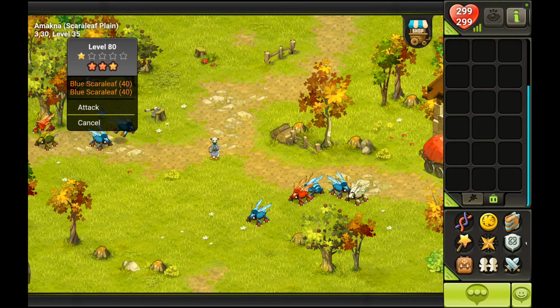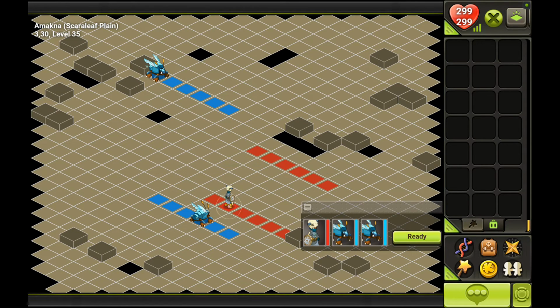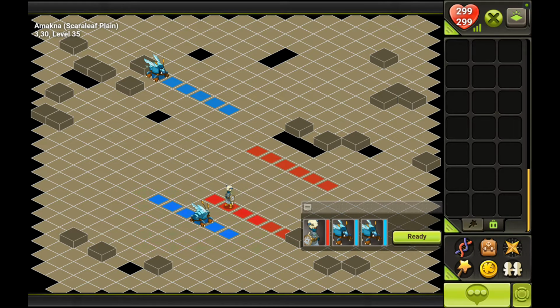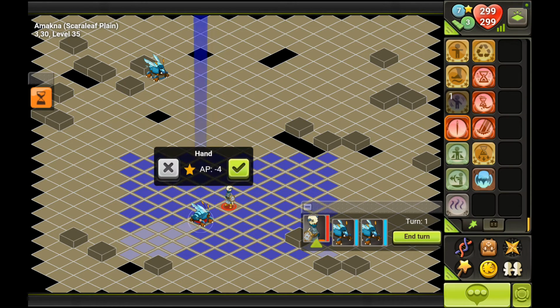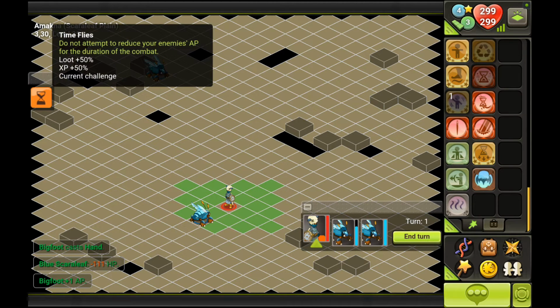Like a lot of other families, they use colors to distinguish them for resistances and weaknesses. So I'm gonna fight a couple of blue scarleafs because they are weak to fire, and as you can see, they have 50% weakness to fire, whereas they are practically immune to water spells. So this is a great mob for fire-based or intelligence-based characters, and my challenge says do not attempt to reduce